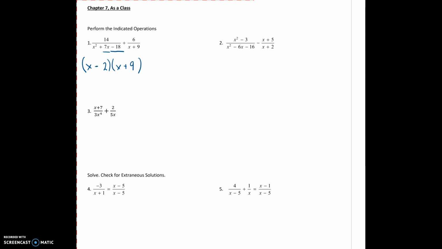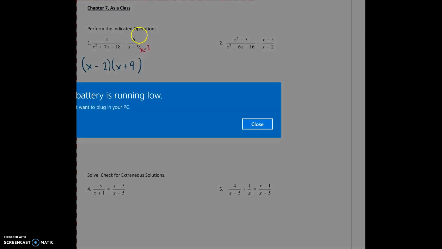All right, so that's what that denominator becomes, and now when I look at it, I'm hoping at this point that you guys can see the least common denominator, and that it's this x minus 2, x plus 9. So when I look at the first fraction, it has the least common denominator, and the second fraction needs the x minus 2. So I'm going to multiply the bottom, and whatever I do to the bottom,